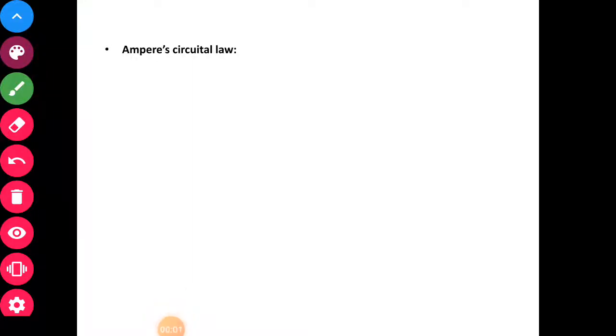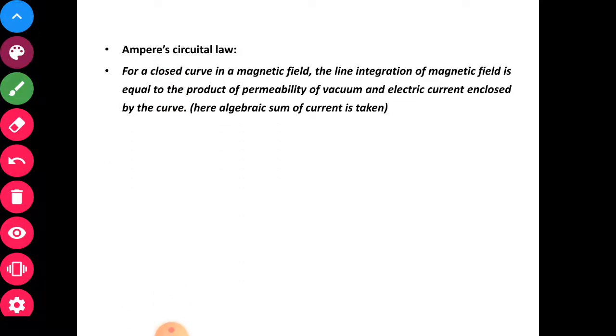Today we shall talk about Ampere's circuital law, very important to find out the magnetic field produced by a current carrying conductor, and it is a very simple way to find the magnetic field produced by a current carrying conductor. Now see, first of all, this is the law for a closed curve in a magnetic field. The line integration of magnetic field is equal to the product of permeability of vacuum and electric current enclosed by